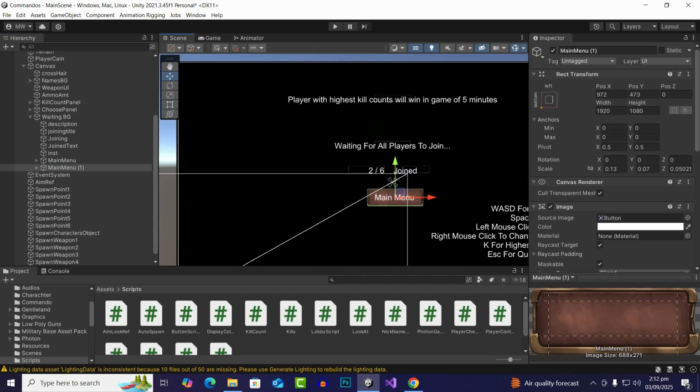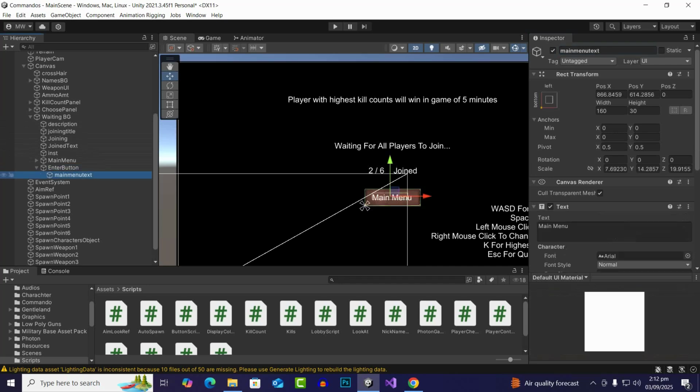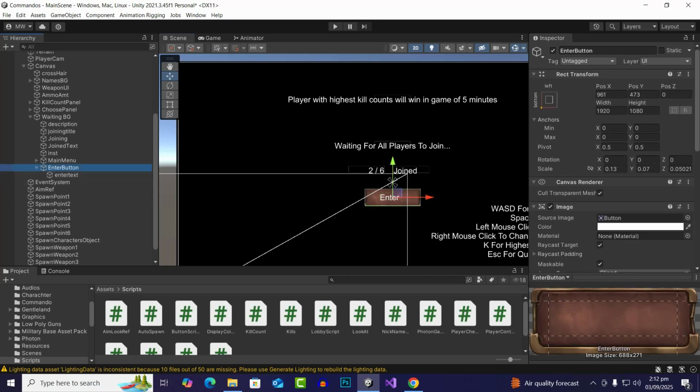Okay, and now we can change the name to enter button, and also we'll go to the main menu text, enter text, and here we will add the enter like this. Okay, so now we have a nice enter button,